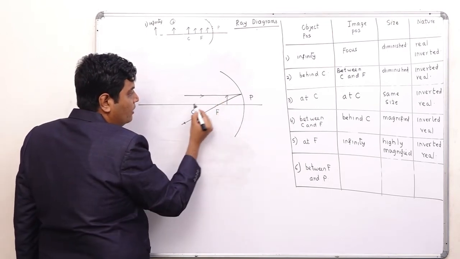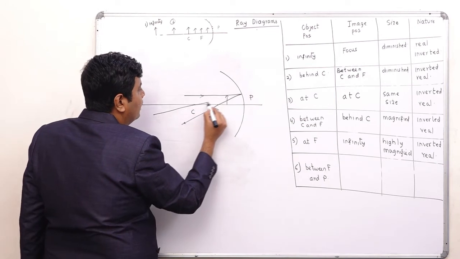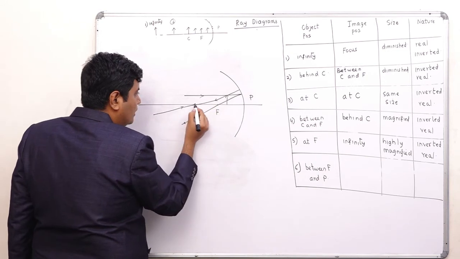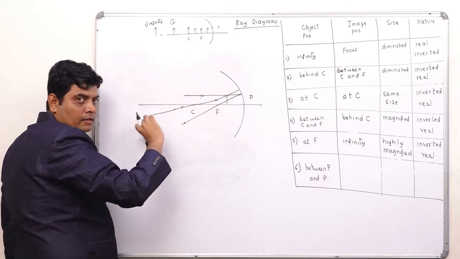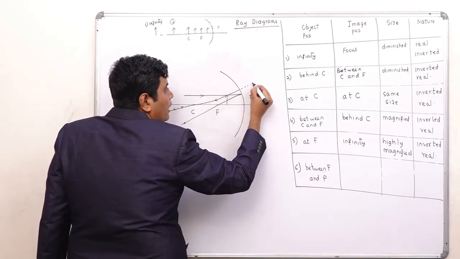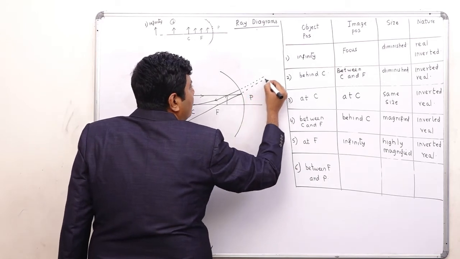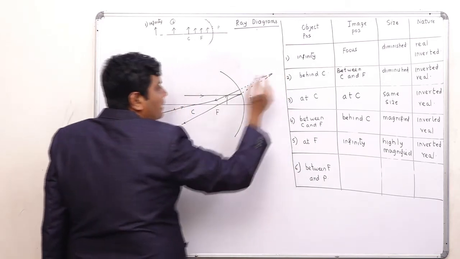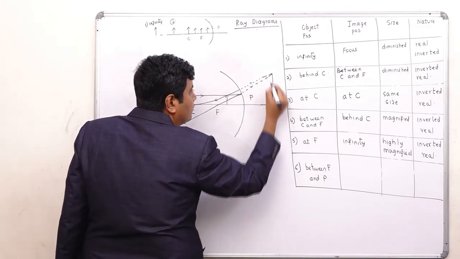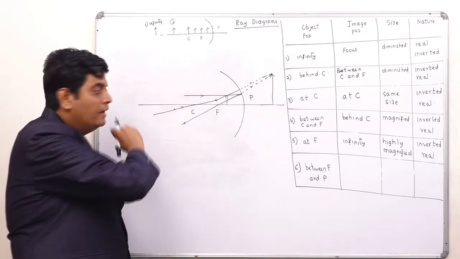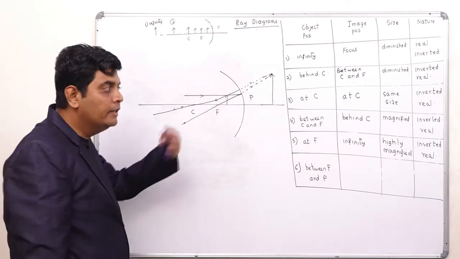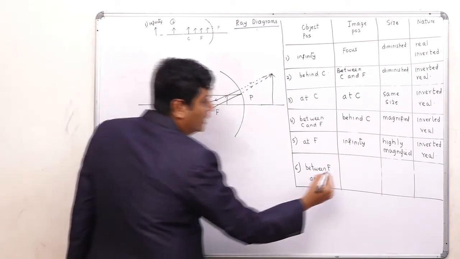Now, the second ray, I will bring the ray from the center of curvature. So it will again come back along the same path. Now these two rays are not parallel, they are diverging over here. So if you draw the rays back, they will meet behind the mirror. And here they are meeting, so it is going to be an erect image. When I pull the rays back, meaning I imagine taking them back, they will meet at this point behind the mirror. So what will be the image position?